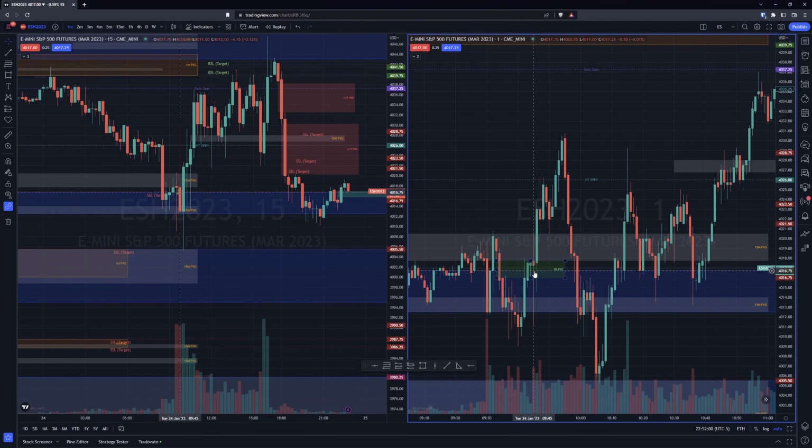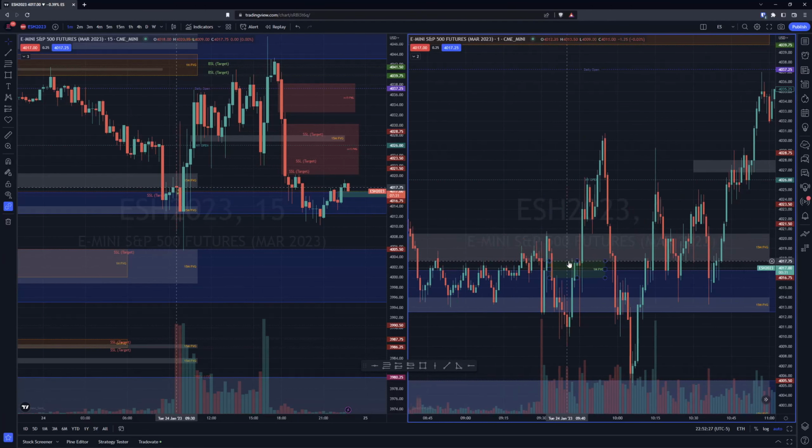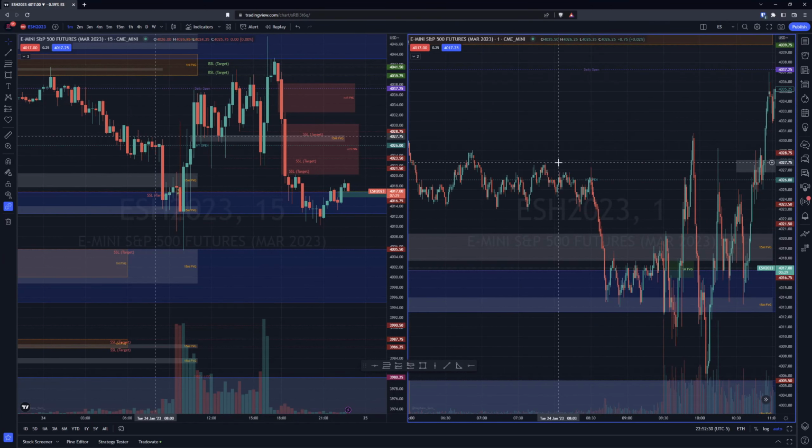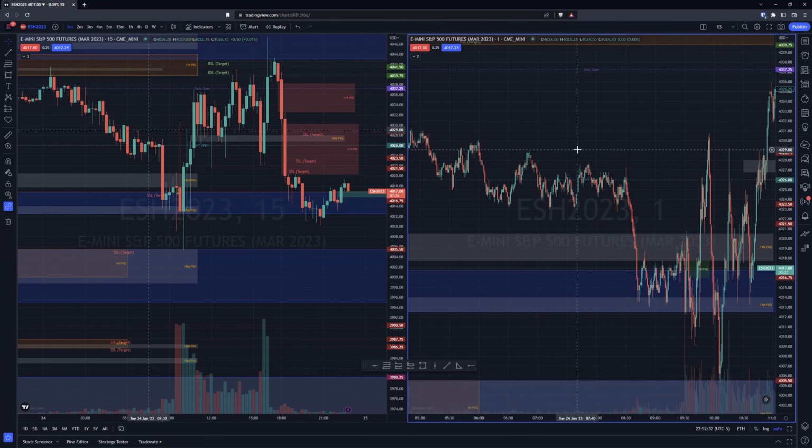And this right here, this red wick that came down through, very sloppy, didn't stop in there. He mentioned that and how that didn't matter, that it didn't stop in the gap, and that would be the order block, I guess, for the move up. And the move up is targeting that consolidation area.